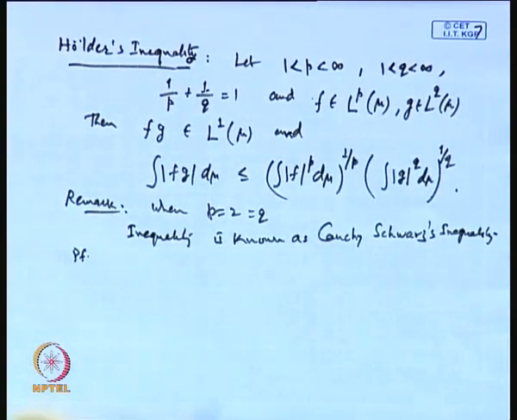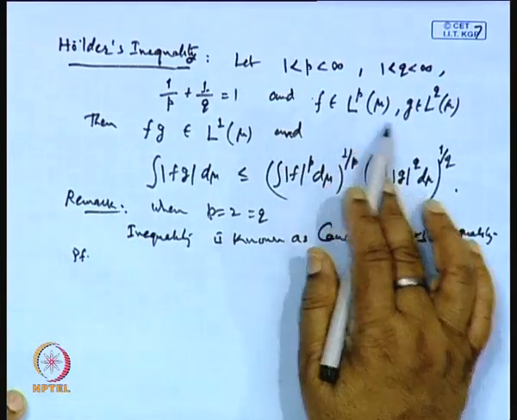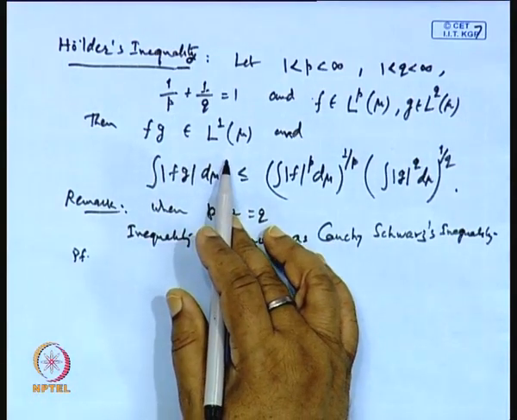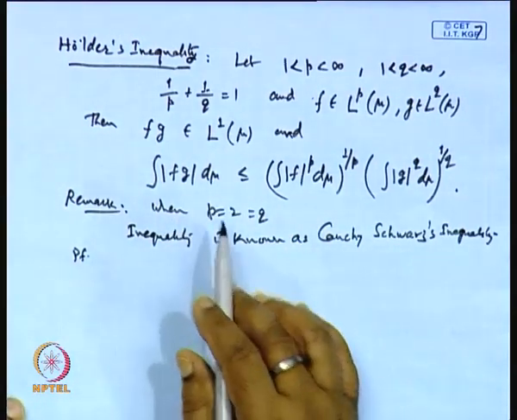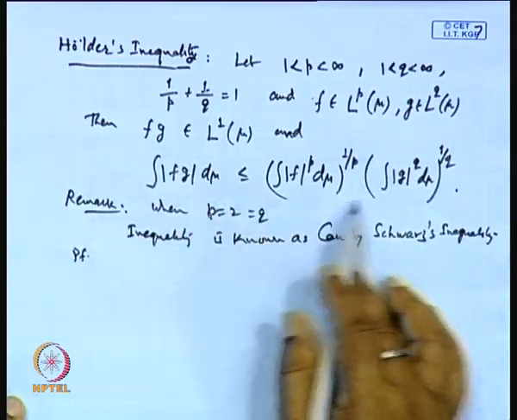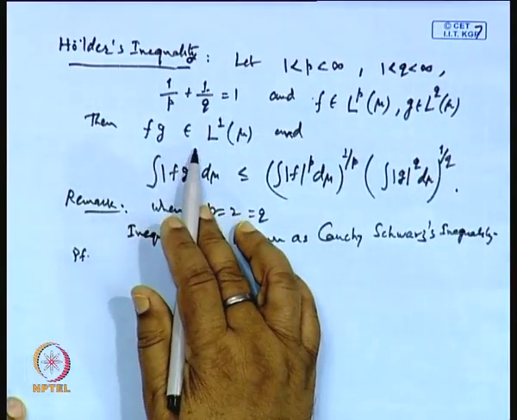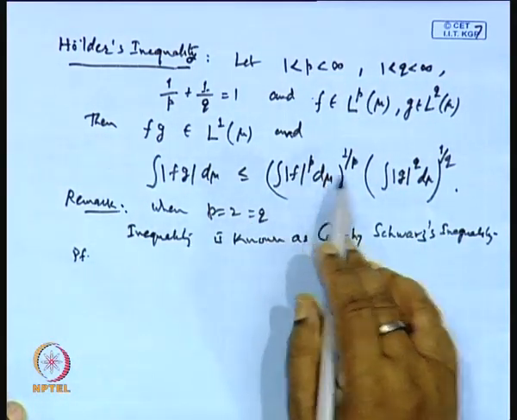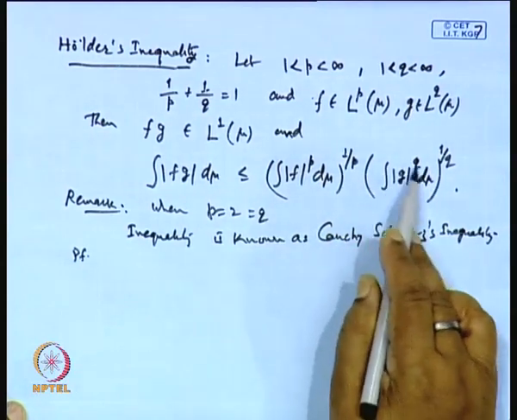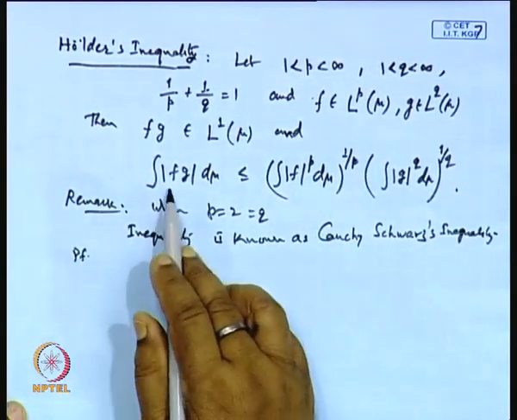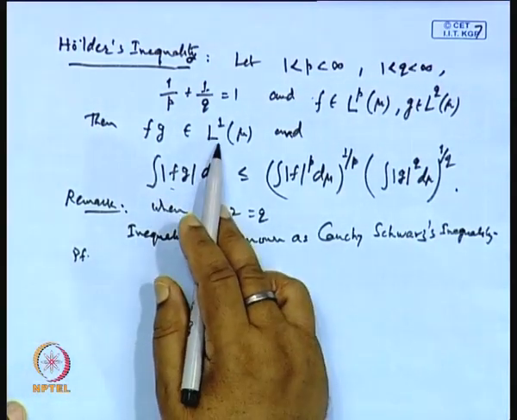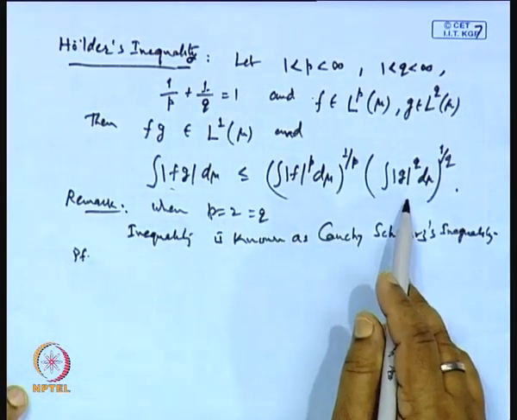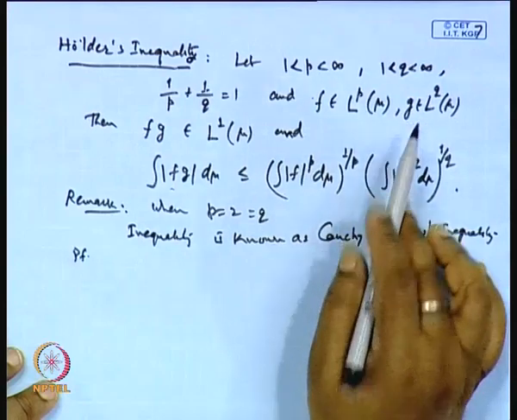So, f is a point in L^p, g is a point in L^q, and then the product will be in L^1. This we wanted to show, and the second one is this inequality. In fact, if I prove this inequality, then this automatically follows, because if f is in L^p, it means this integral is finite. When g is in L^q, it means this integral is finite. So the right hand side is finite, therefore this integral must be finite. So fg must be a point of L^1(mu). So it is obviously true. So we only want to establish this inequality when f and g are points in L^p and